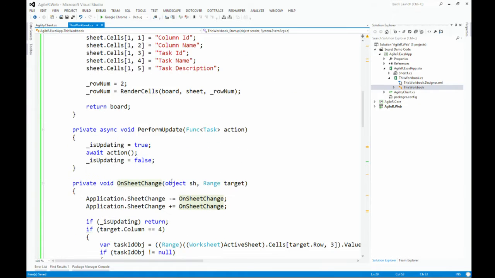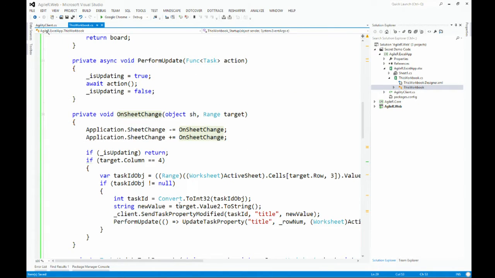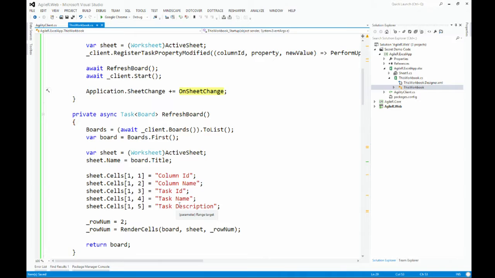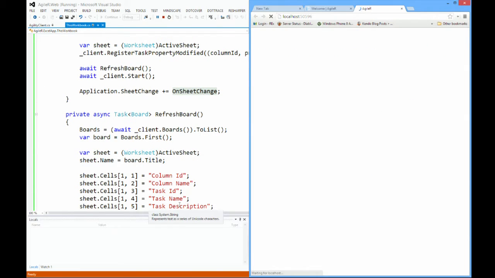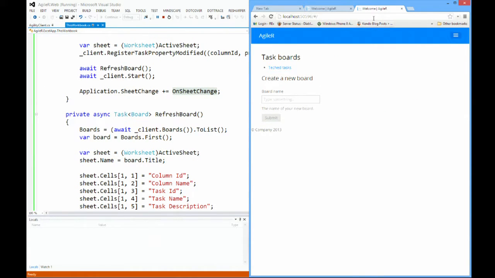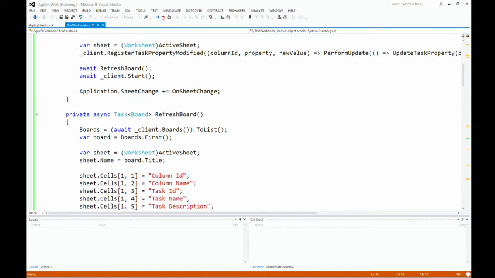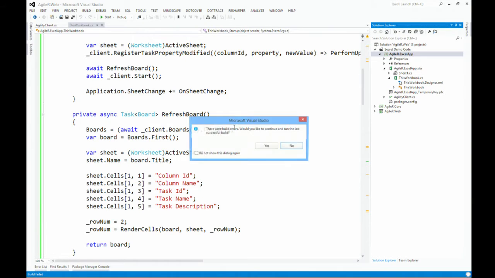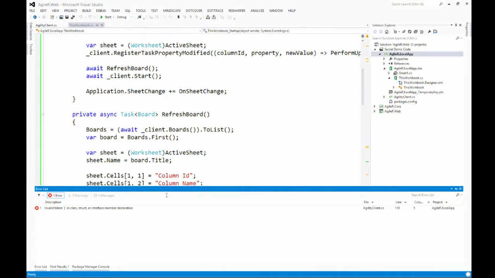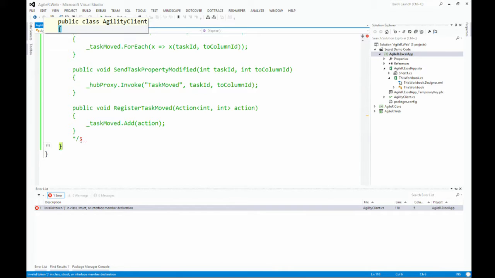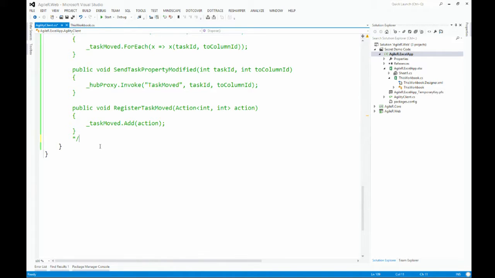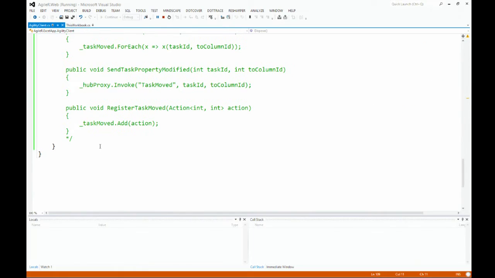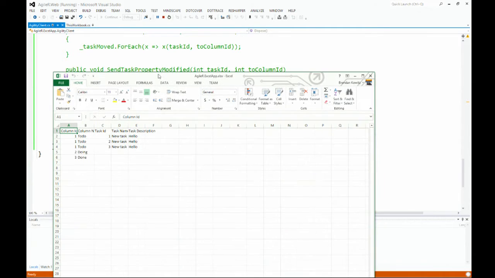Then I'm calling the start method, which is going to start that hub connection. Then I'm going to listen to Excel's sheet changed event, and isn't that interesting? You've got to subscribe and unsubscribe from it each time it's called, or it's weird. I don't know why. Okay, I've run up the wrong application. Let's boot up Excel. And there's an error. See, errors happen all the time, especially when you've got fat fingers. Okay, booting up Excel. There it is.